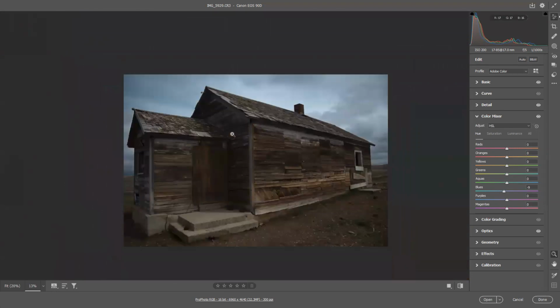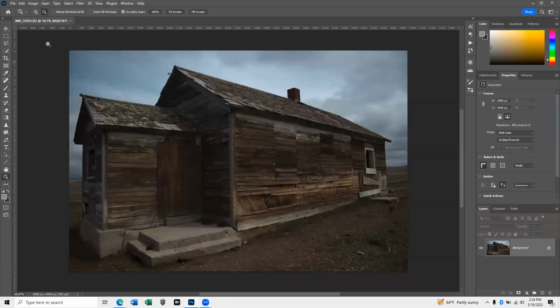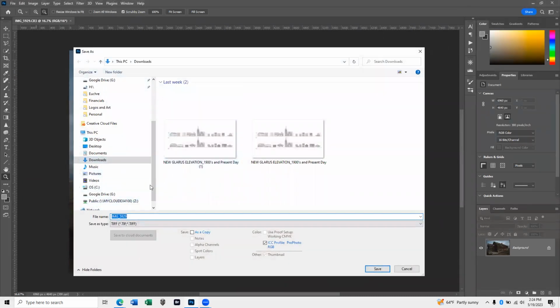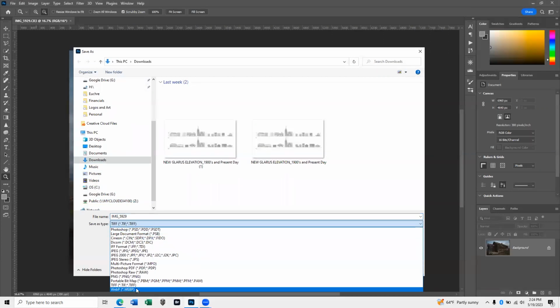So this is as far as I'm going to go in this stage. So I'm going to open it. Now I don't want to do anything else for now. I want to save it. And I want to save it as a 16-bit file, which is TIFF for me. You can also use a